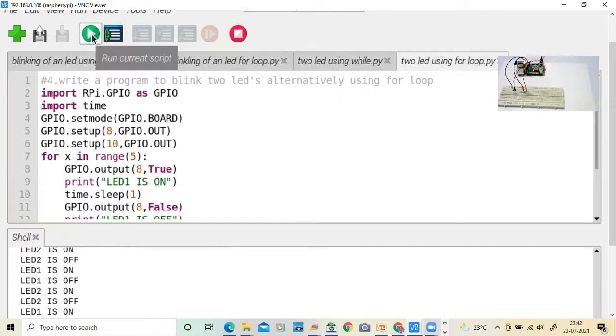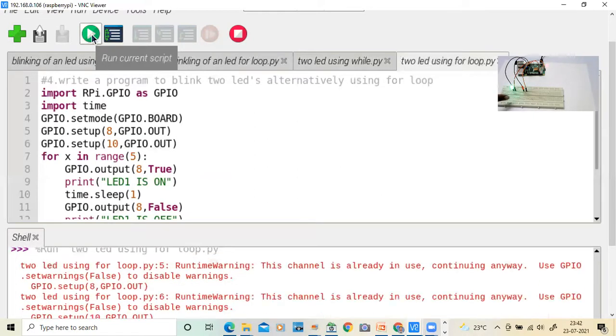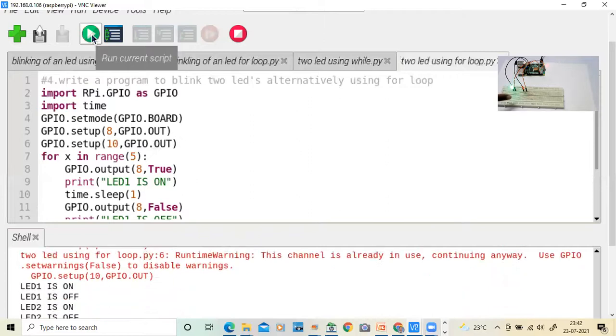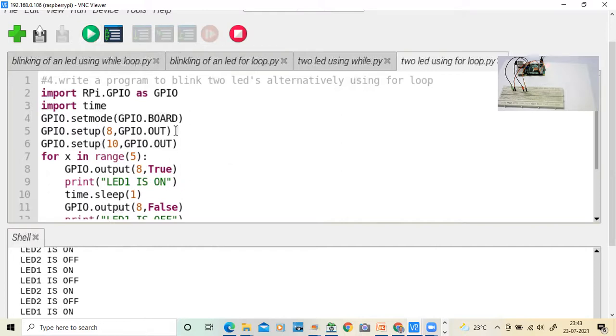Now let me start this one. First time is completed, second time is completed, third time is completed, fourth time is completed, and fifth time. That's it. So this is the program by using while loop and for loop, blinking of 2 LEDs alternatively.